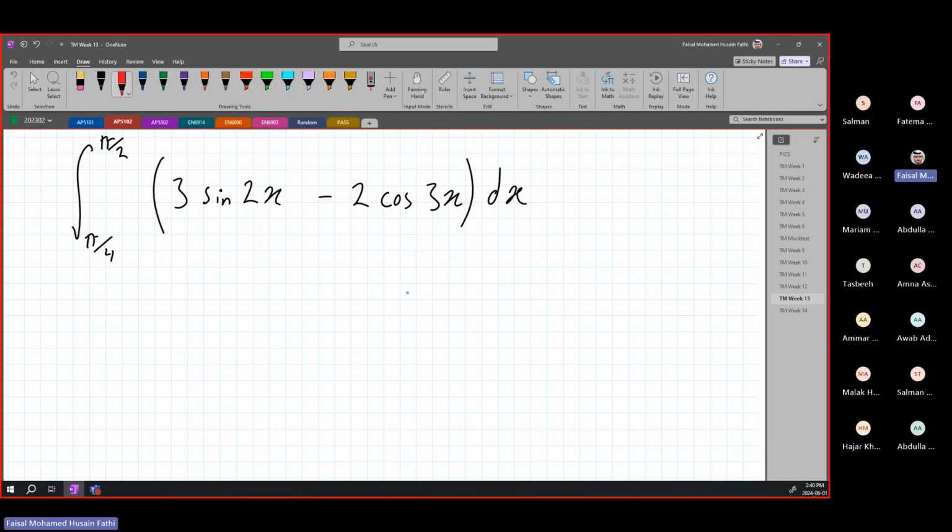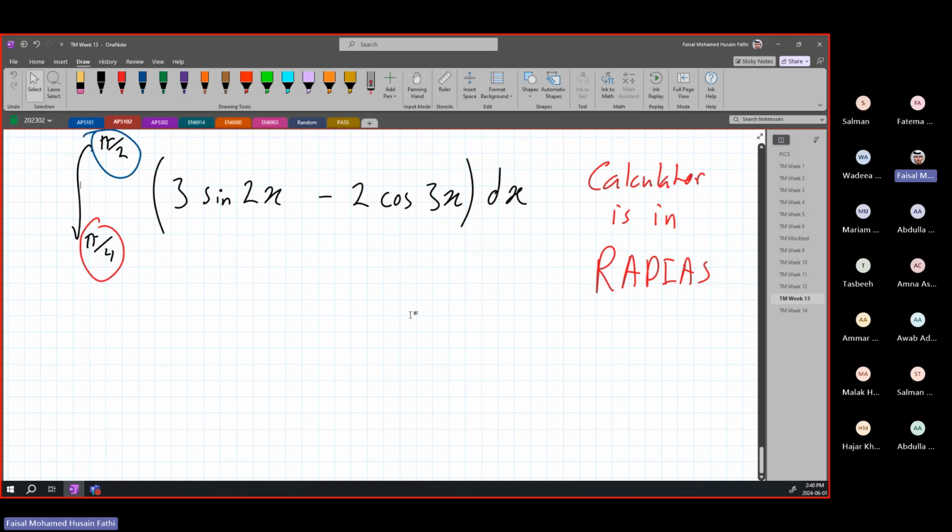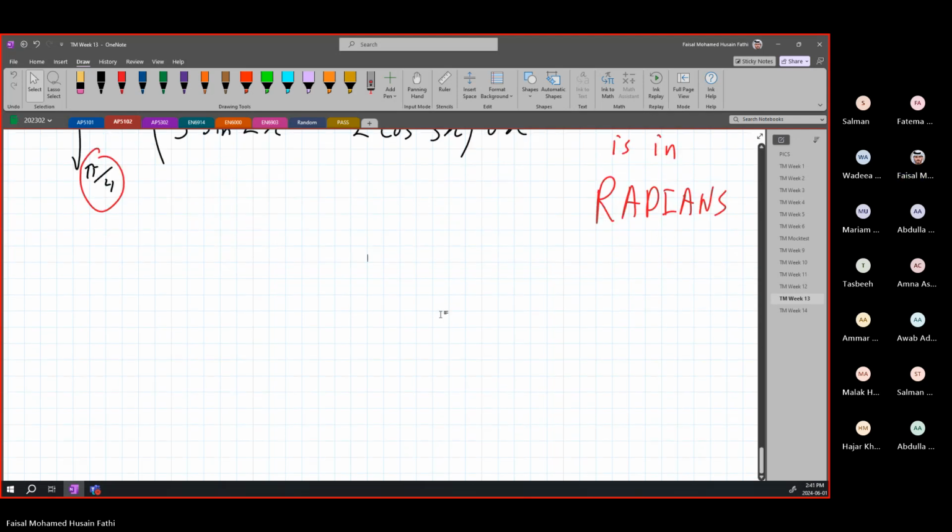Here, when you are going to do the calculation, make sure your calculator is in radians. All right? This is very important. When we are dealing with pi, this means that we need our calculator to be in radians. All right? So when you are doing the values, oops, not radius, radians. When you're doing your calculations, make sure you go to mode, or shift mode, I should say, which is setup, and then hitting 4 to change your calculator from degrees to radians. All right. So this is out of the way now.